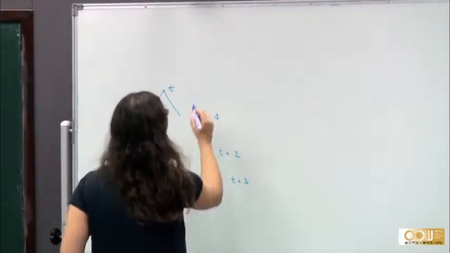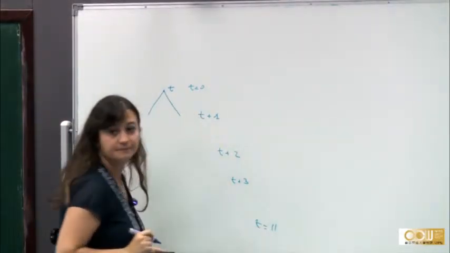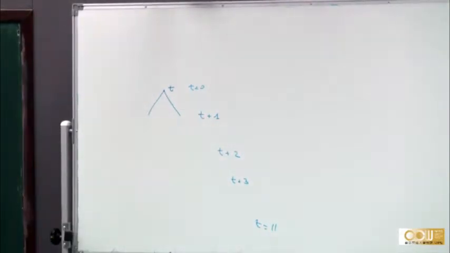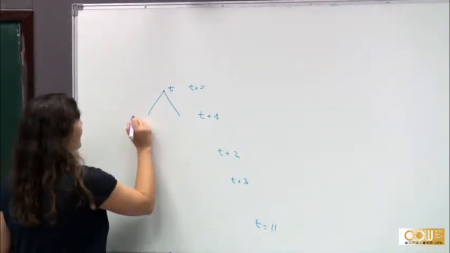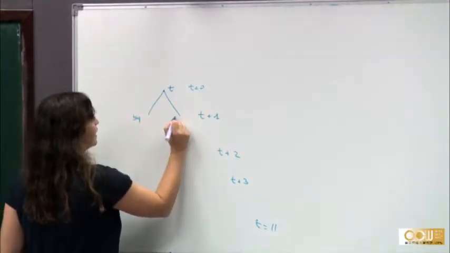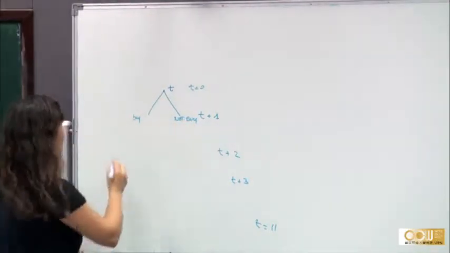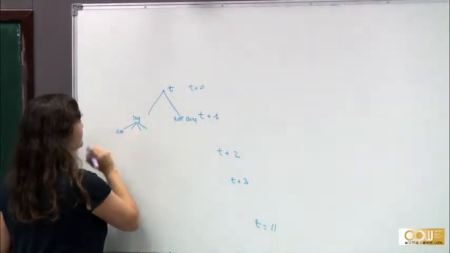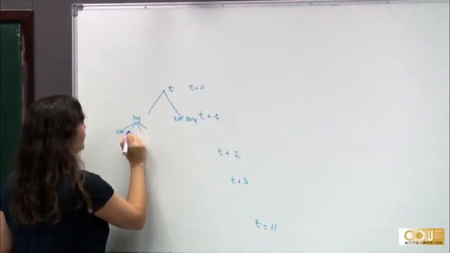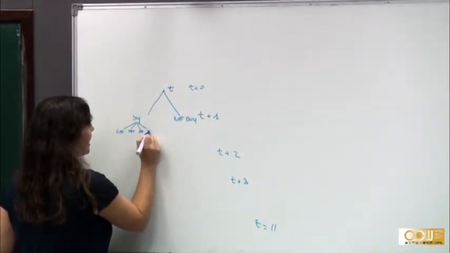So this goes from t equal to 0 to t equal to 11. So at each time period, your choices are I buy, not buy, right? And if I buy, I also have choices between gasoline car, plug-in electric vehicle, and hybrid,